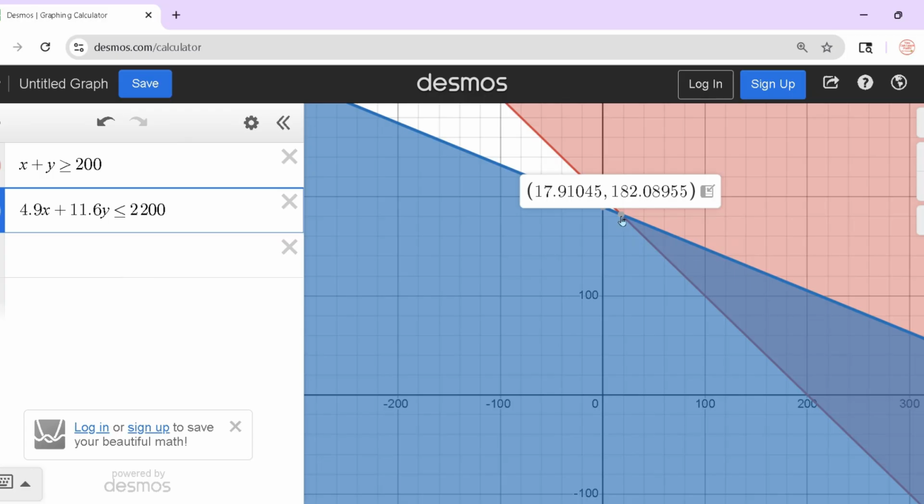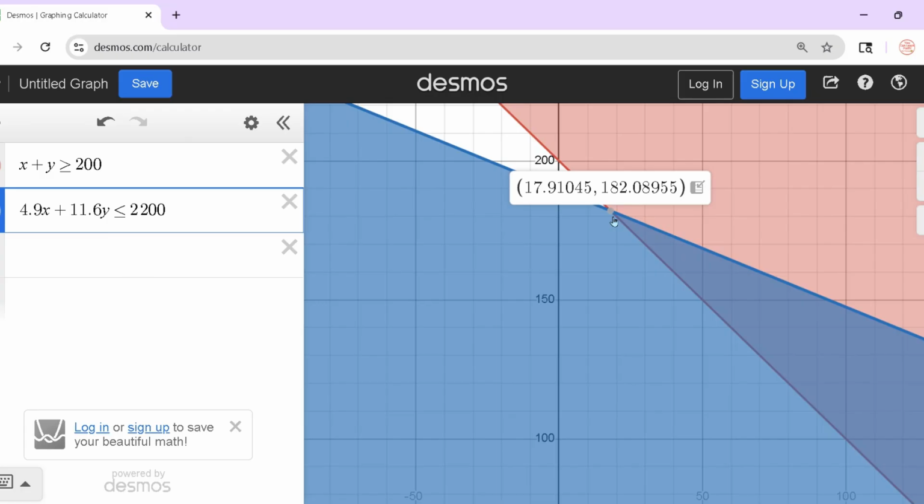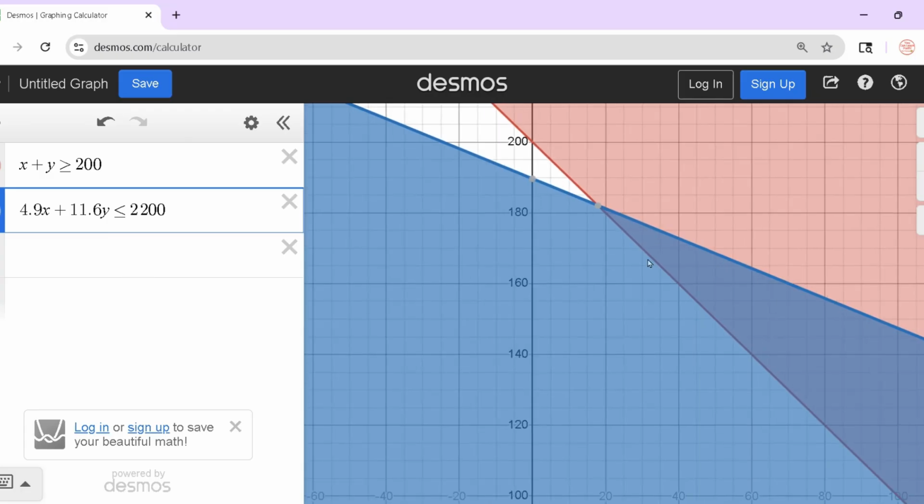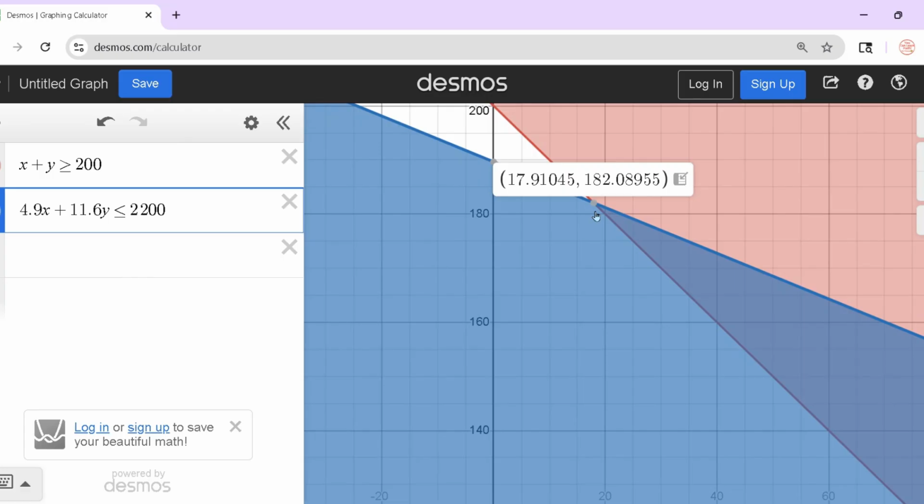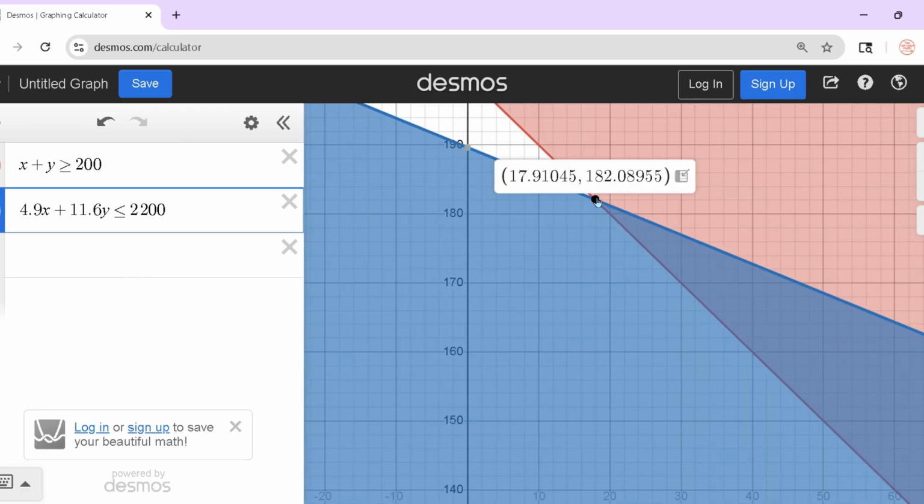So what is my maximum for my large candle? My large candle is represented by Y. So I want the highest point in this graph that's still a solution. And that's going to be this point of intersection. That's the highest that this double shaded triangle goes. This is the highest point right here, that point of intersection. And what is my Y value there? It's